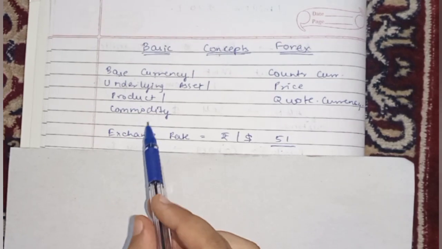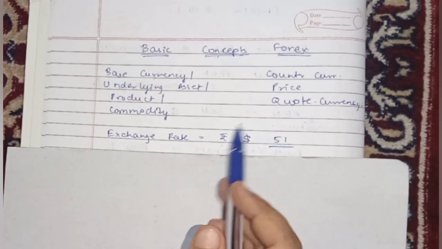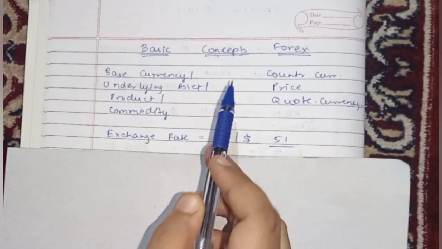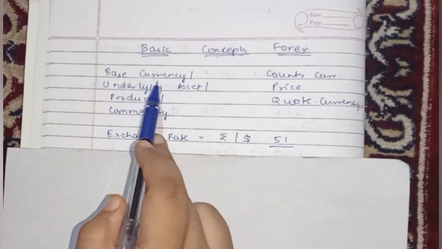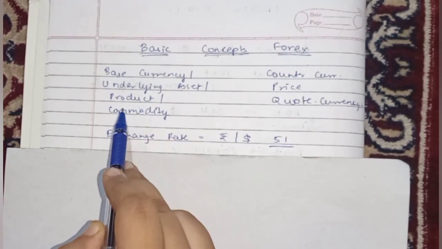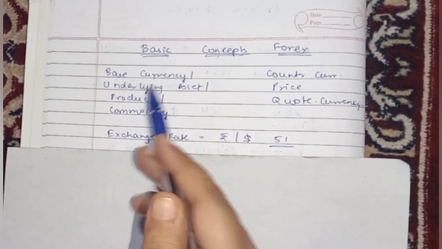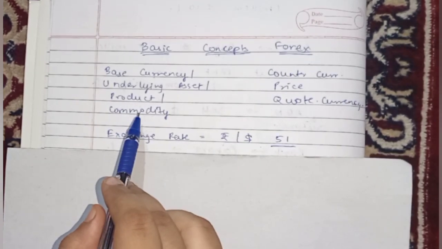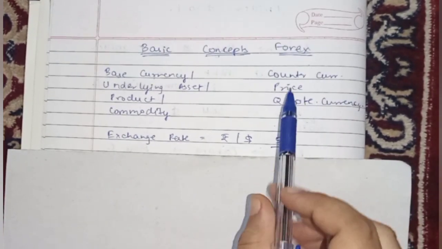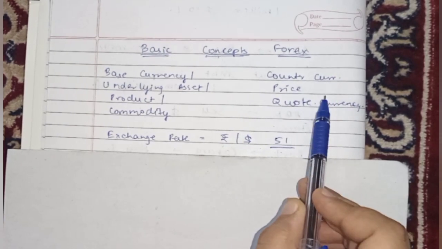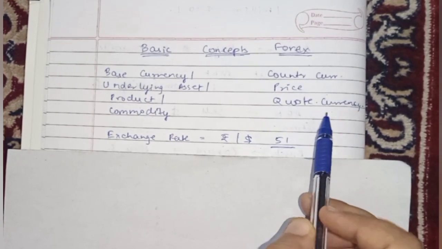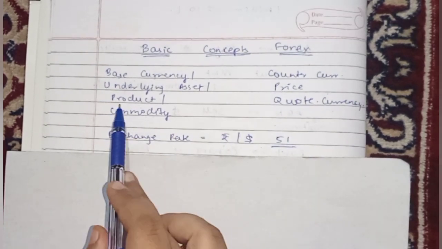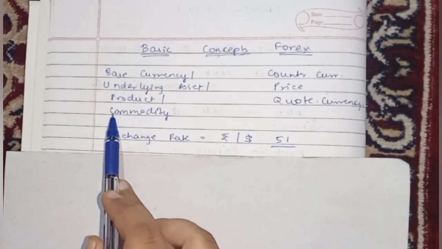In this chapter, we have to look into two major categories. You will be given two currencies. Out of these two currencies, one will be the base currency, or the underlying asset or product or commodity. That is, this currency is the one which is being traded. The market is of this currency. And the other one is the counter currency, or the price currency or the quote currency. This is the price, that is, in this currency you have to make the payment to purchase this product or commodity, which is again a currency.